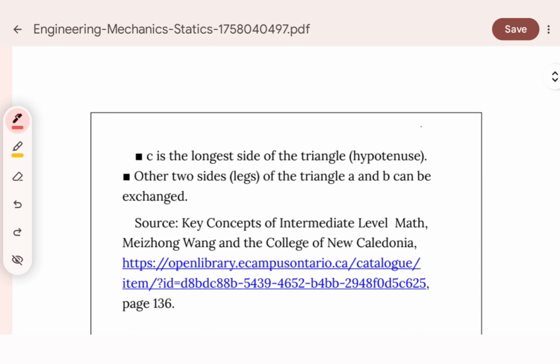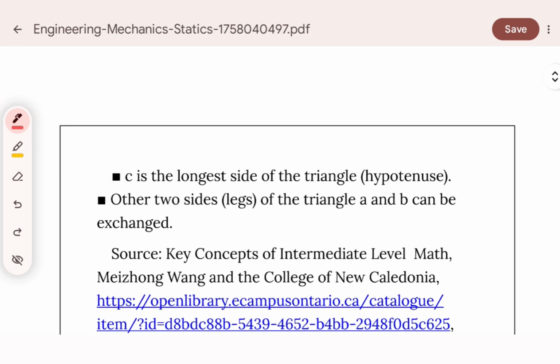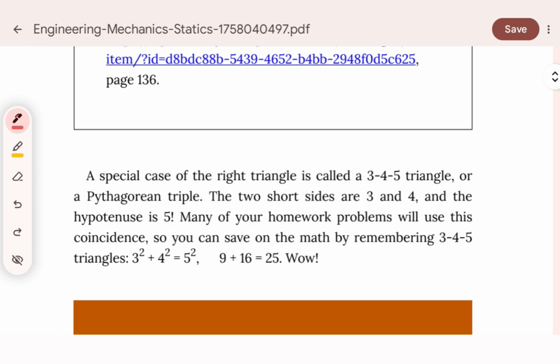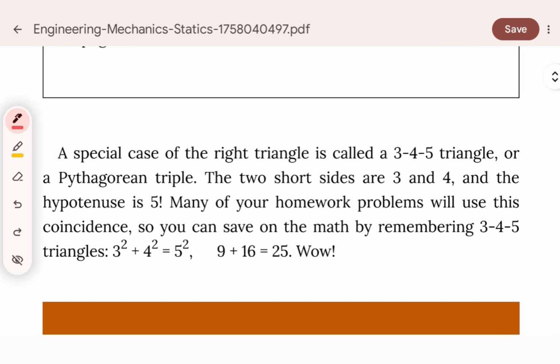In the Pythagorean theorem, C is the longest side of the triangle, and C is always the hypotenuse. The other two sides are the legs of the triangle, A and B, and you can exchange those if you want to. There is also a special case of the Pythagorean theorem, which we call the